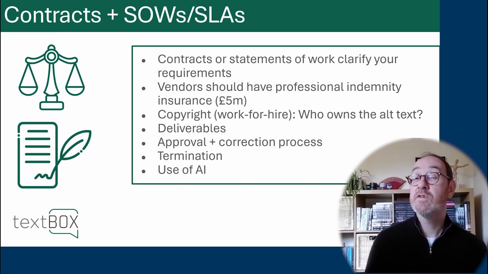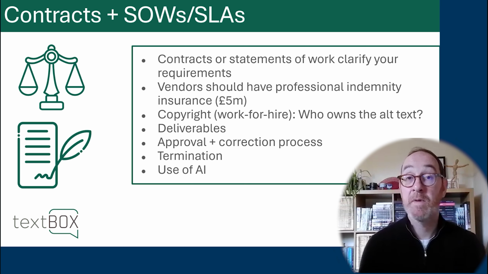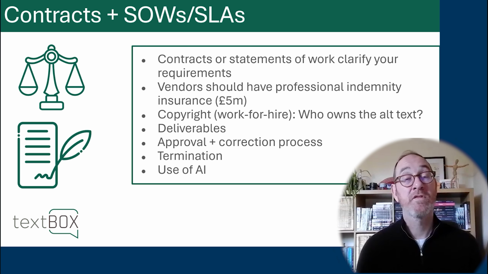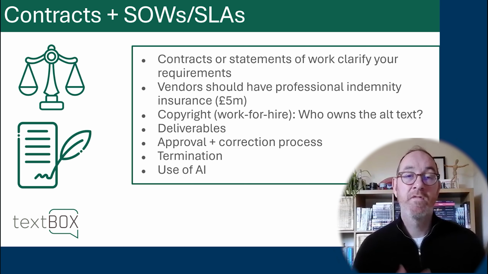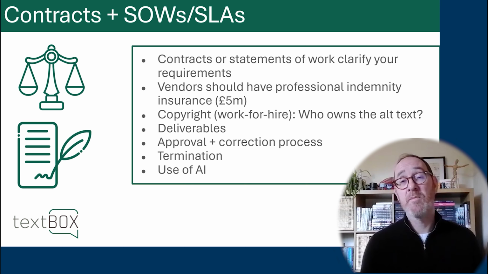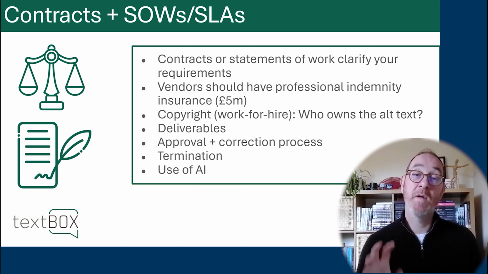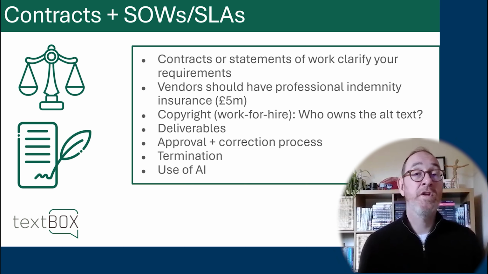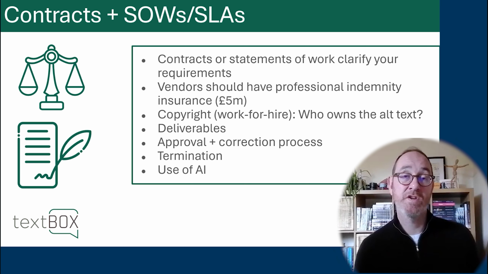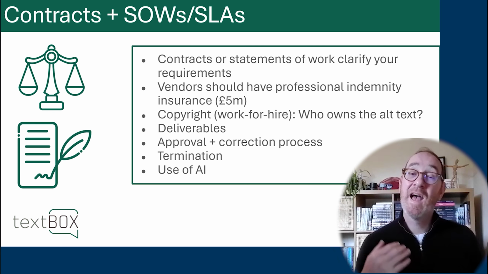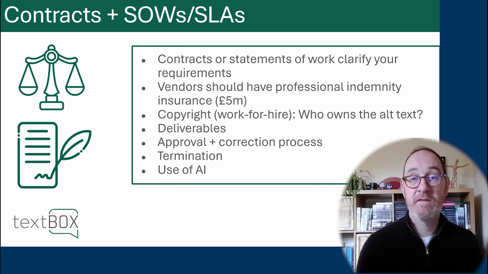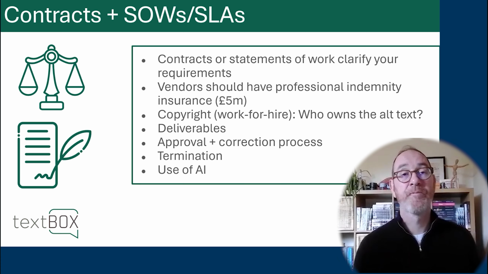And things like the use of AI are now cropping up in contracts that I'm seeing. Some publishers are embracing AI with respect to alt text, and some are a little bit more cautious. So from my point of view, I don't use AI in alt text writing, but some publishers do like it. But I have seen in recent contracts that publishers are introducing, you will not use AI in the production of alt text. So have a think about AI and make sure that it's included within your contract.